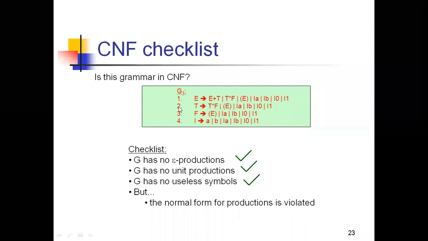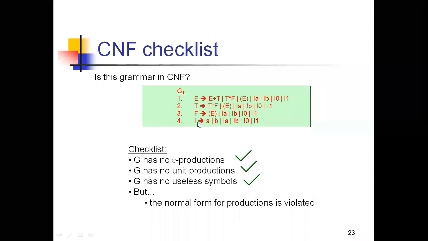So we proceed with the same process for the second production also. In the place of T, if I put IA or IB, I0, I is deriving the terminals A and B directly. So I can do the same in the place of F also. If in the place of F I put IA, IB, I0, I1, I'm getting the terminals. So T is generating, E is generating, same as F. Here also, in the place of E, if I put E plus T, or IA, IB, or in the place of T again IA, IB, I'm generating the terminals for F also.